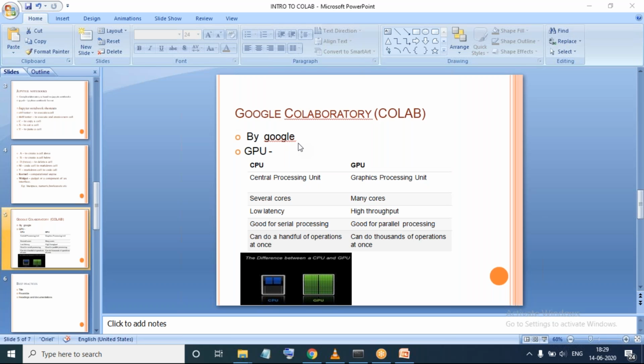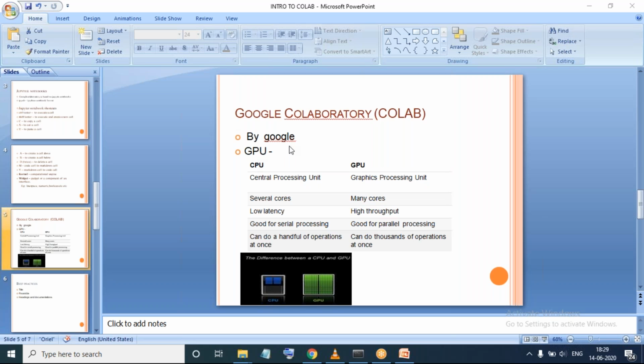When we do machine learning or deep learning, computational power becomes very important, and most of our systems lack it. The power our CPU has is very little whenever we want to train a particular model. Therefore, we require a GPU.